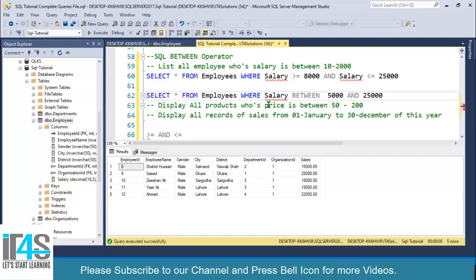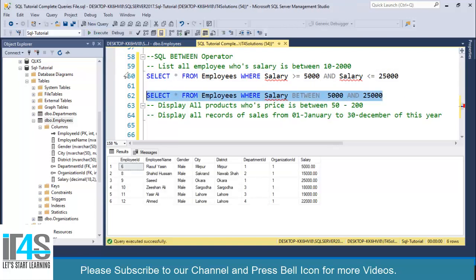You should use this one a lot of the time. And I will make 5000 over here also. So first we will use this BETWEEN statement. Execute this one and look, we are getting 6 records from 5000 to 22,000.